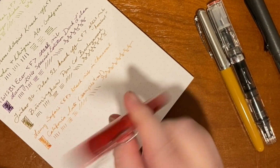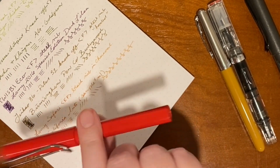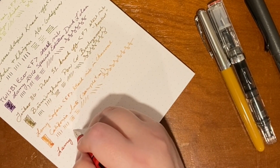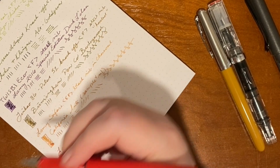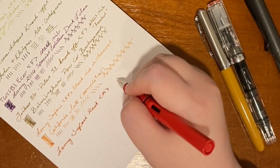Then this might give you a bit of a hint of what is in this one. This is the accent color. Again, it's another Lamy Safari. It's the red with a medium